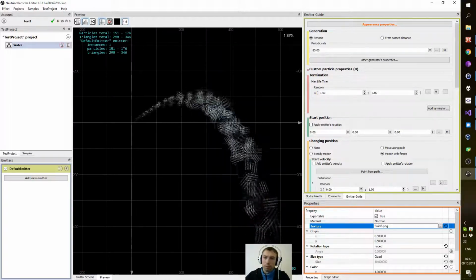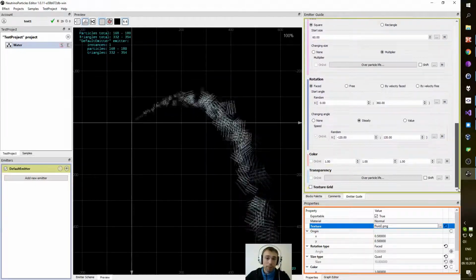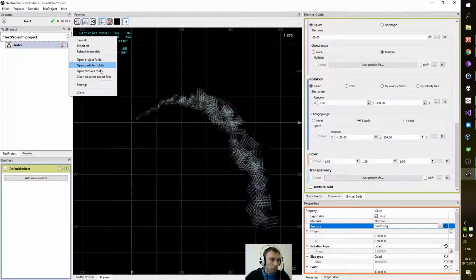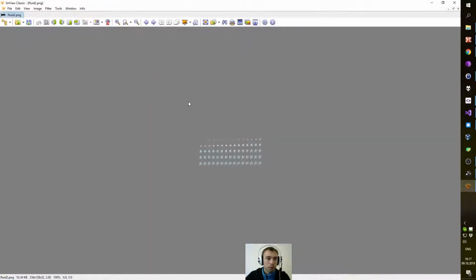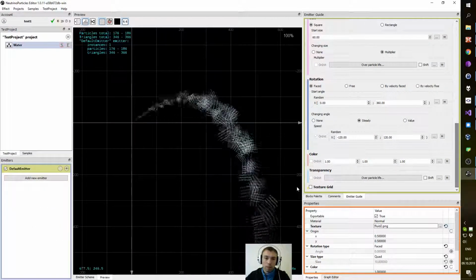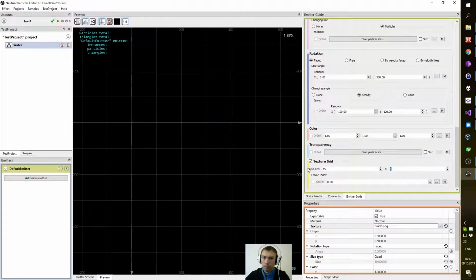This is a sprite sheet, so I need to count. Open the textures folder, fluid. I need to count the size of this sprite sheet: 1, 2, 3, 4, 5, 6, 7, 8, 9, 10, 11, 12, 13, 14, 15, and 5. 15 per 5. Enable texture grid, set 15 per 5,